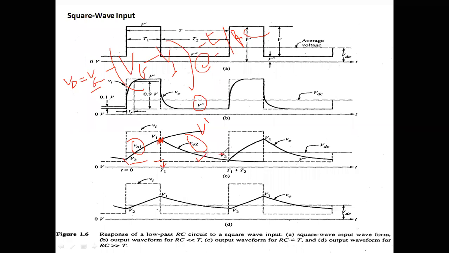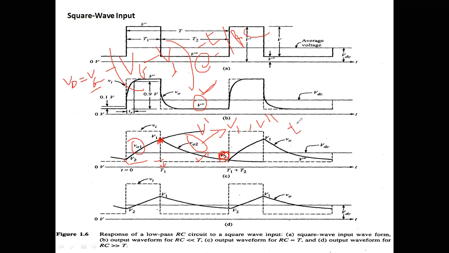Why are we getting V2? Due to the time constant. If the time constant is sufficient, finally it may reach the V double dash voltage, and the capacitor will charge to V double dash. But if the time constant is very large, it stops at V2. Therefore, the final value means the level to which the capacitor is going to charge, the V double dash. That means we have to find VO2, where the initial voltage is V1 and the final voltage is V double dash.